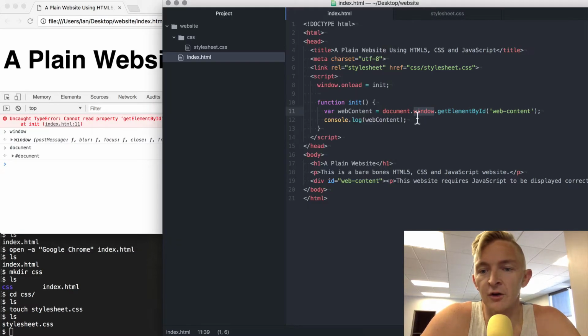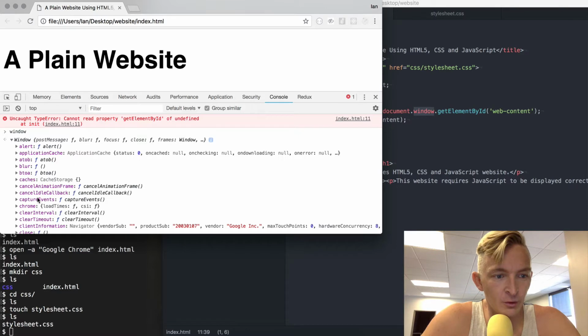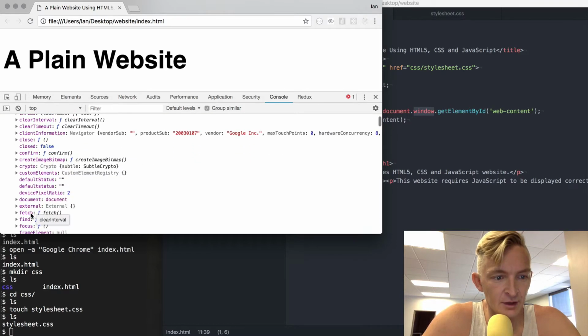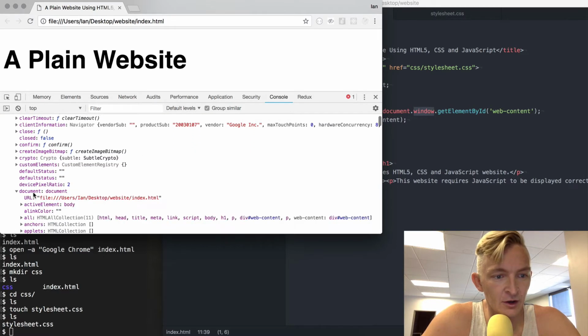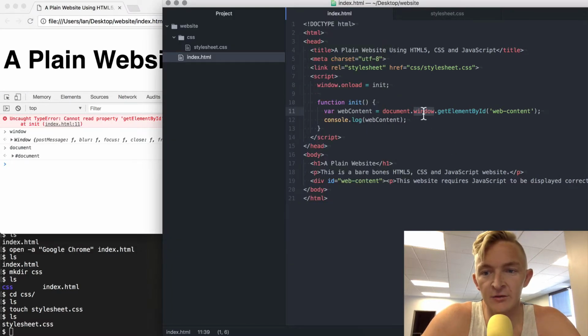I see what I did wrong. Okay, so what I've done there is I just put the global variables, which are window and document, and I can look through the window one and I can see that the document is ABCD here. So this element is actually the same as this element. And what that tells me is that